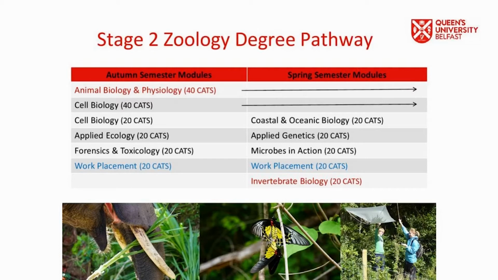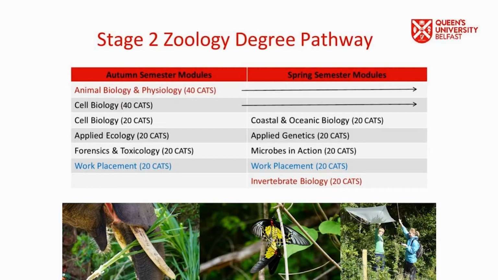Applied ecology outlines how ecological understanding is applied in practice, i.e. climate change, conservation, pollination, pest control, pollution, and the management of biological populations. The integral field course provides experience in the design and analysis of experiments and surveys with practical field skills and also written and oral communication. Forensics and toxicology module introduces the major concepts of forensic science from fingerprinting to biometrics, which includes things such as retinal scanning. You will also cover the use of forensic entomology to establish time of death.